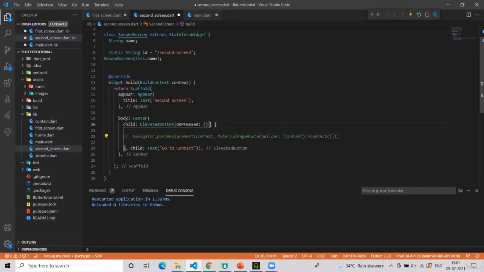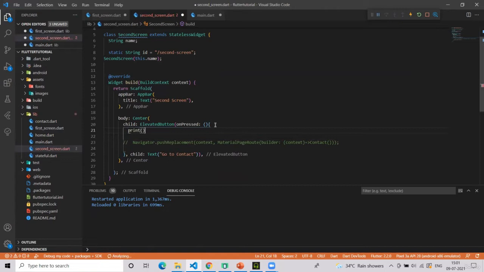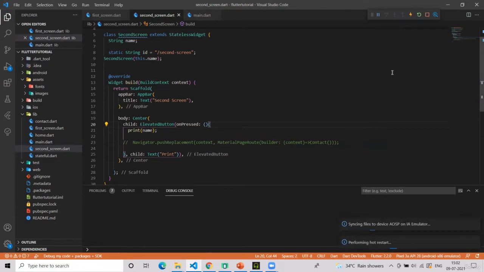Here I will just simply print the value, which is name, and I will write it print. Okay. Now let's see, does it work? Are we able to send data from one screen to another? Let's find out.